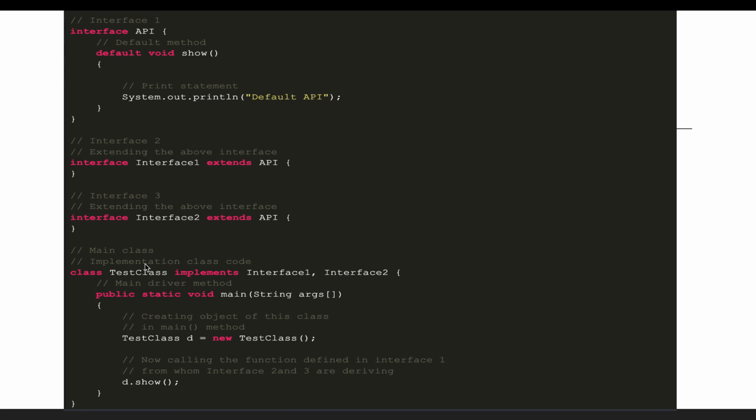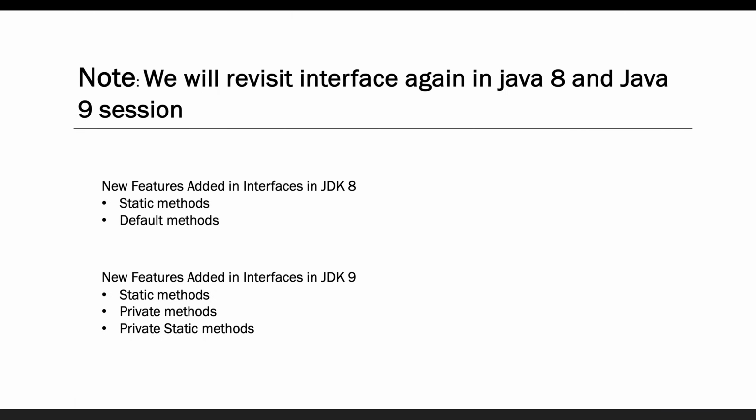And in case of a class, let's say it is implementing both interfaces. Since the same method is available here also with the same implementation, we can easily create the object of this class and call this show method. It does not matter which method is called, from interface 1 or interface 2, it is going to show the same functionality, and this is because of the default keyword available in Java 8. We will see more in detail in the Java 8 session. If you run this program, it is going to print default API, whatever statement we have printed here. So this is what I was talking about.